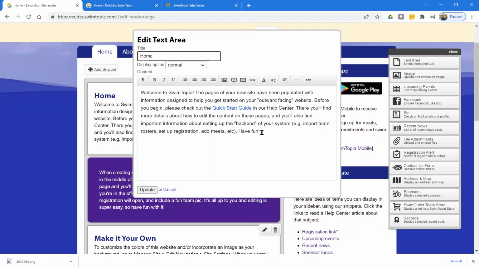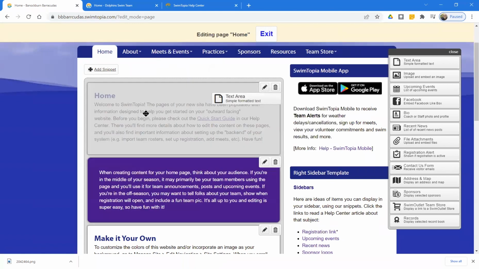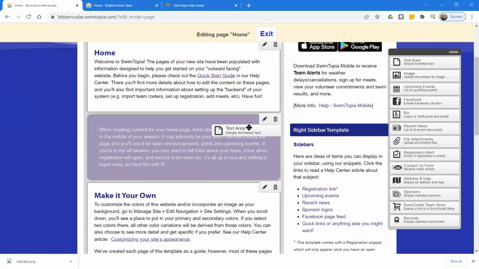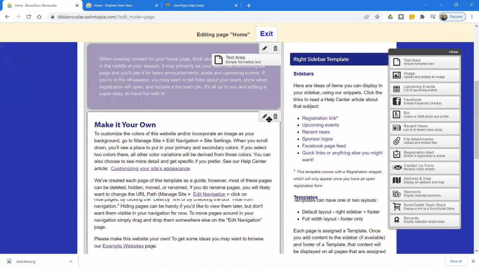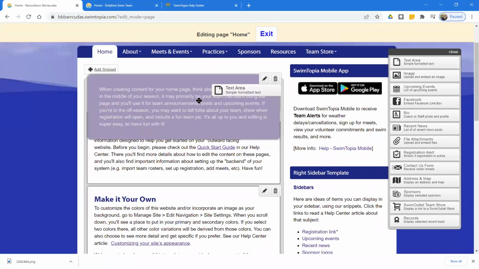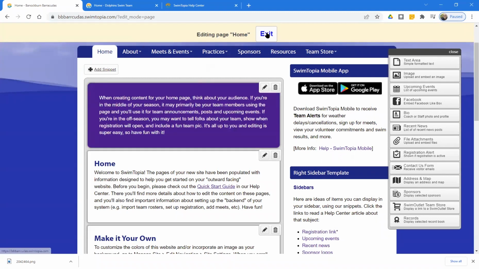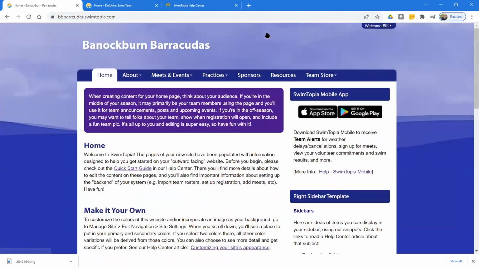And a lot of teams have an existing website, or maybe they have a handbook, and they often have something that they can talk about their team. They can simply copy and paste from some other data that they may have to start replacing our content with content of your own. So just simply using the snippet palette to drag things onto the page and then making edits with the little pencil icon. Once you have snippets on your page, you're able to drag and drop different items and different snippets as well. So you can reorder things on your page. And then as soon as you click exit, any changes you've made to your page are instantly